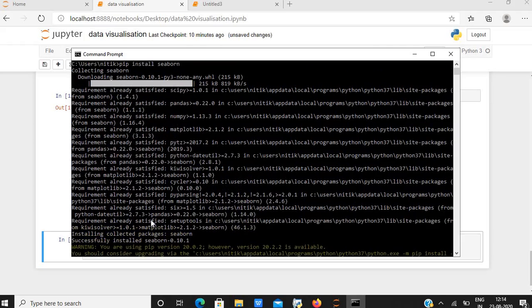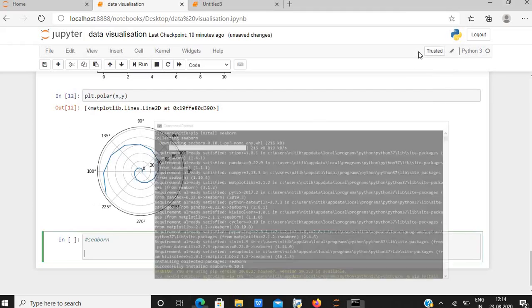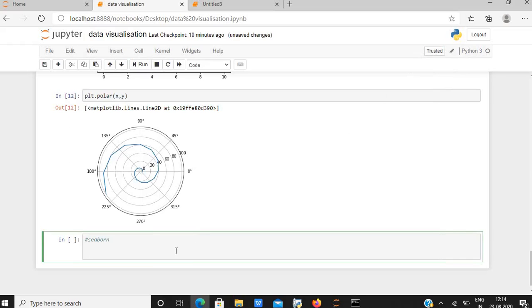I have successfully installed Seaborn. Now let us start working with Seaborn library. To work with Seaborn library, we need to import seaborn as sb.